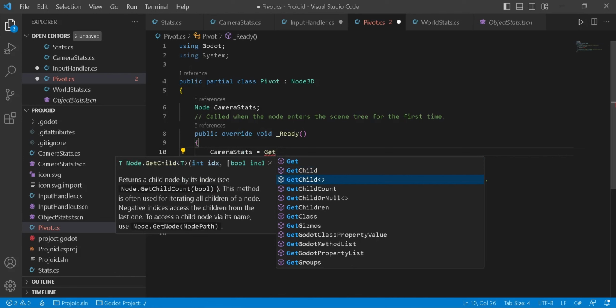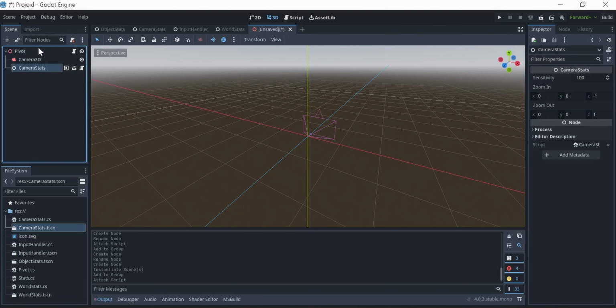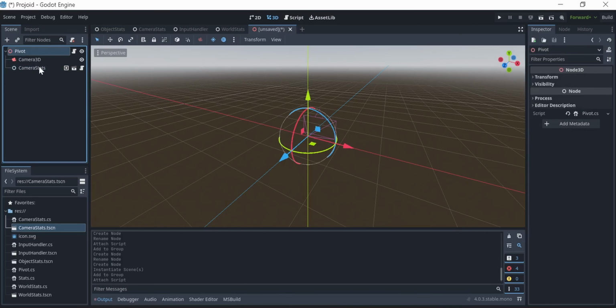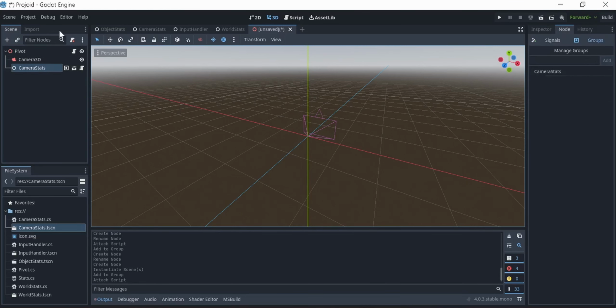So we're going to say, no, we don't need to say get tree. Wait, what's wrong with this? Okay, so pivot is under camera, so we can't directly access it with name, can we? Are we in the scene tree right now? We are not in the scene tree. So we can say get child count or